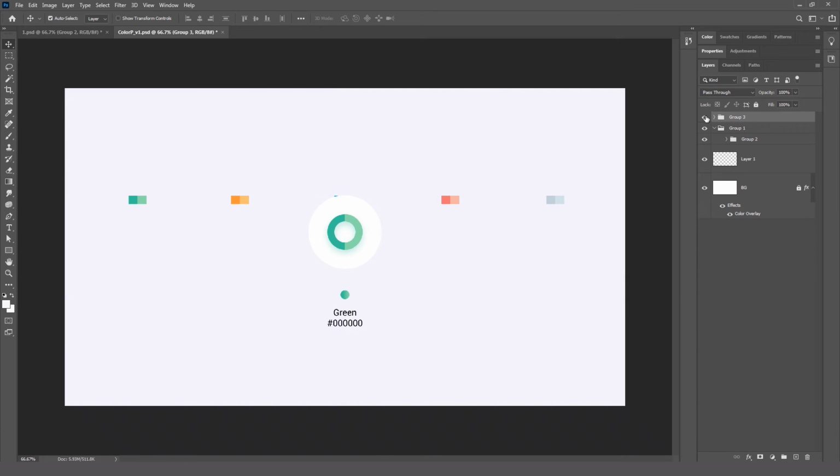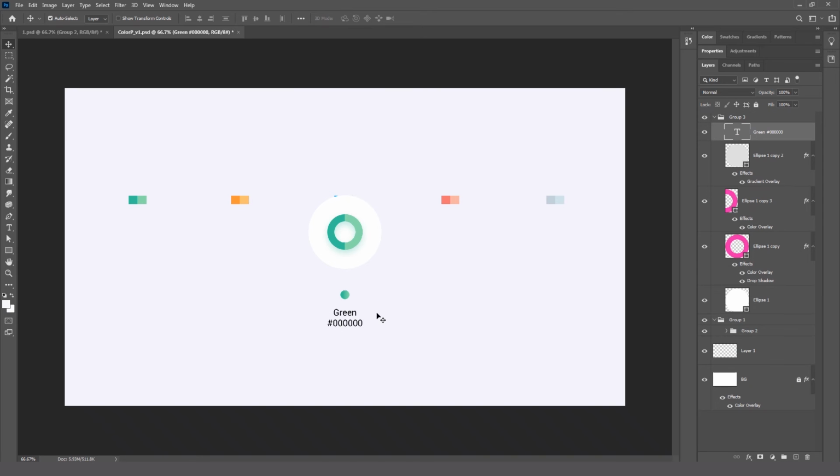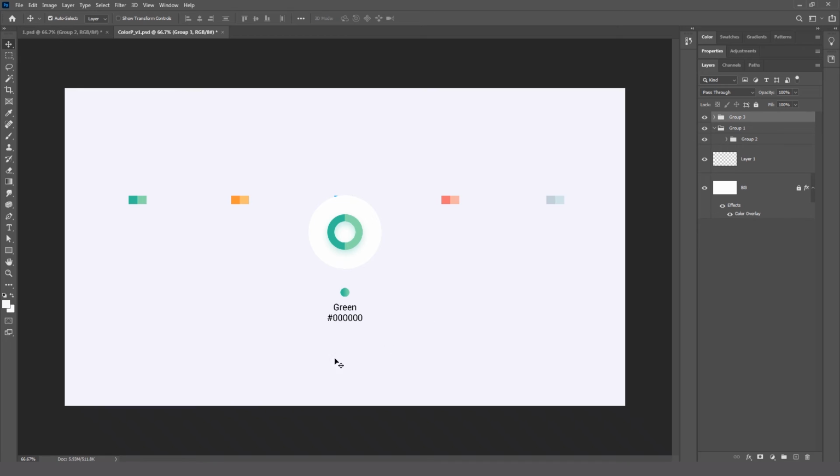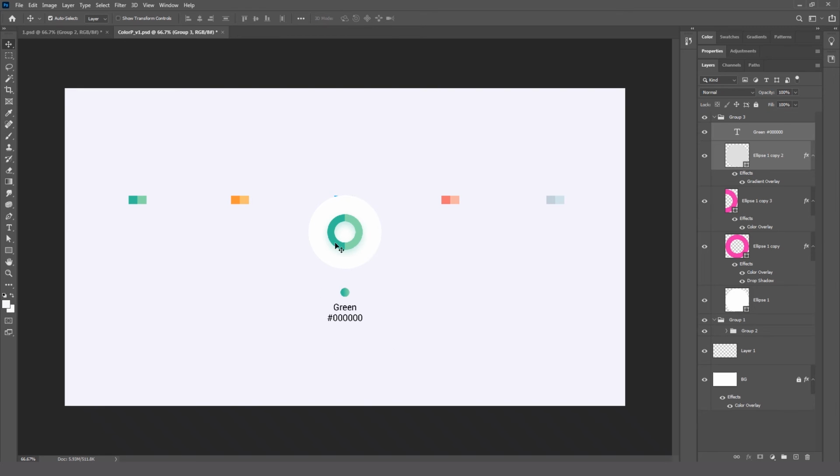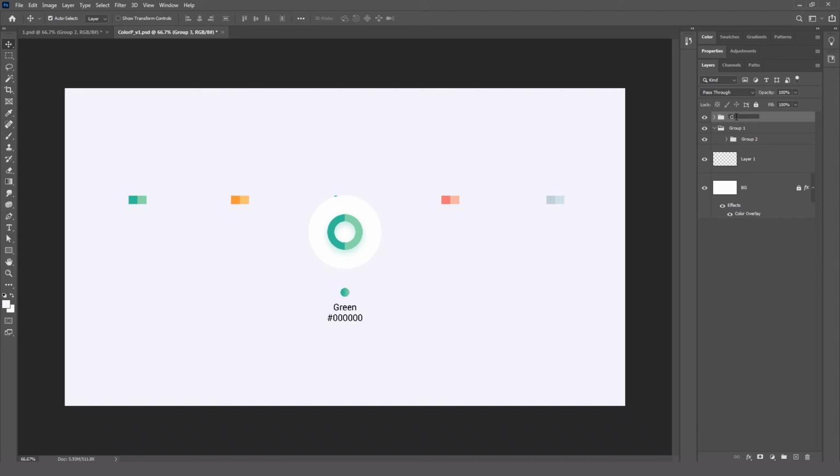So now I have the group ready, and I'm just adjusting these things a little bit. So now we have the group, and make sure they have the center aligned to each other. So now everything, see, and I'm going to give this a C1 folder name.